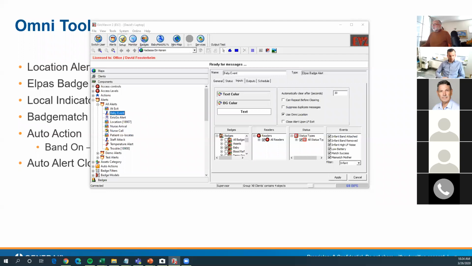Okay. Of course, low battery standard, but the match success and mismatch mother, pretty poor wording, but they're just the reverse. So I will get a match success. So if you look at the banner up here,